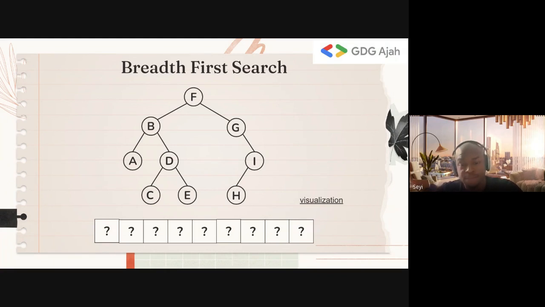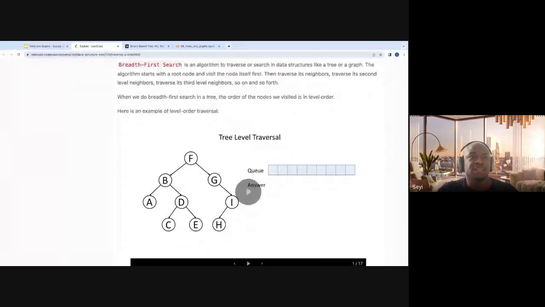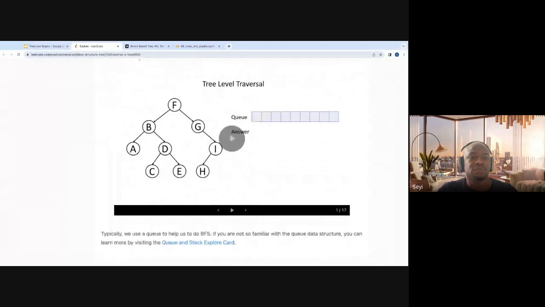most popular. Now, a breadth first search essentially means you start at a node, and then you evaluate the nodes that are closest to that node before you go to the nodes that are farther out. So we have this now, and we are going to go through a visualization to see how breadth first search works. Okay, I think this is legible enough. A breadth first search can also be seen as a level order traversal, which means that it goes level by level. So now, if we want to traverse this tree using breadth first search,